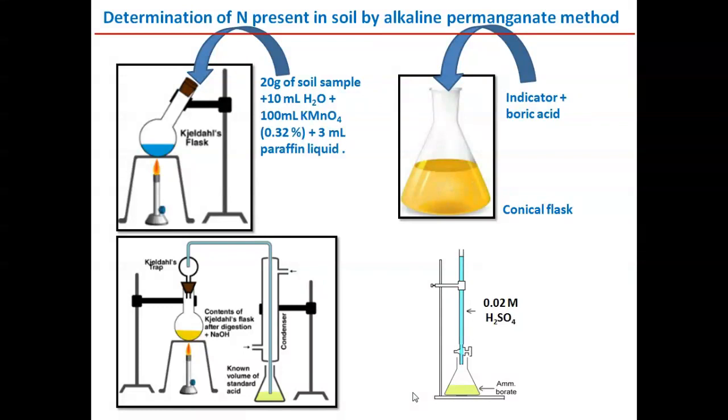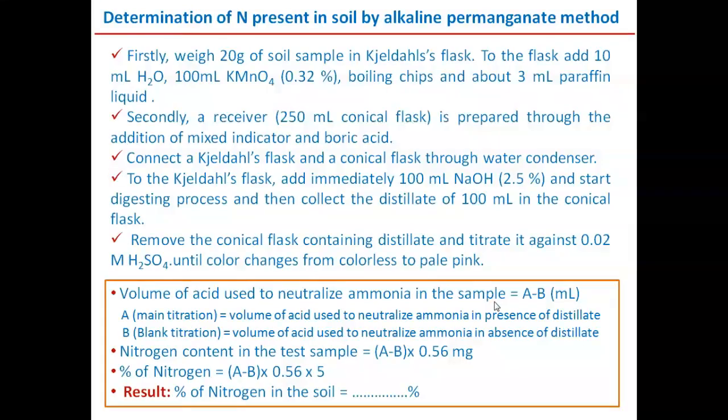We have two flasks here. One is the Kjeldahl flask where we are adding all the reagents to liberate ammonia upon the immediate addition of sodium hydroxide. Once we release nitrogen as ammonia from this Kjeldahl flask, it should be condensed in the condenser. Once condensed, the liquefied ammonia is trapped in the boric acid. This ammonium borate is titrated against standard H2SO4 solution. Once you have done this, we just need to write point by point.